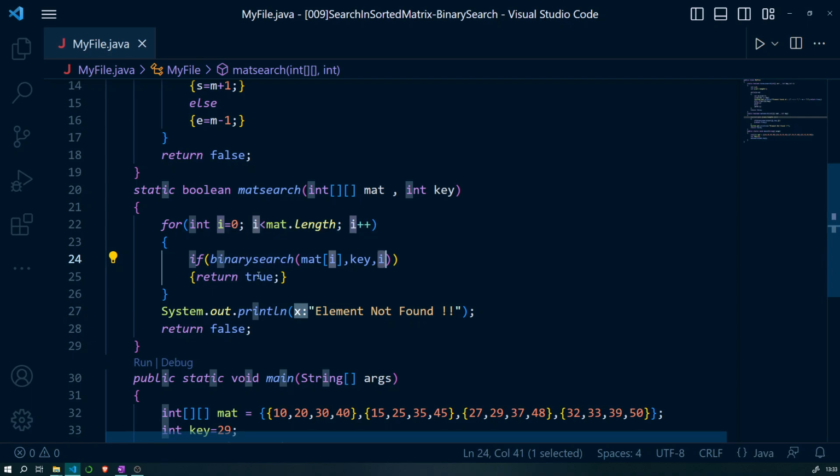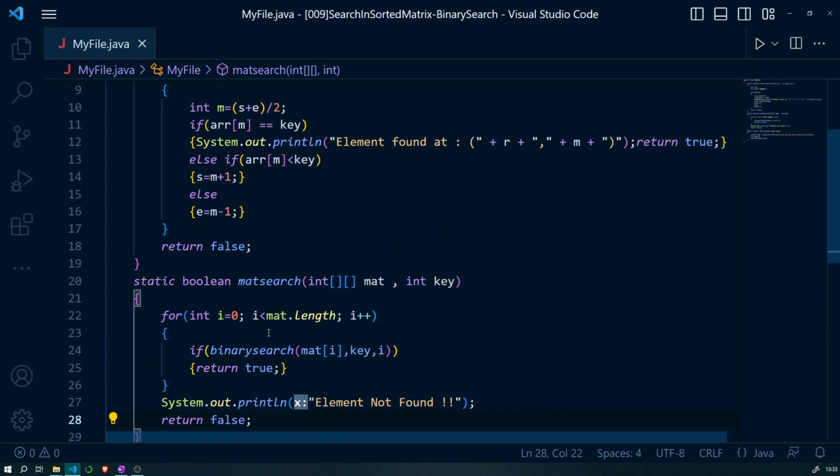If this returns true, then return true. Else, if all the rows have been traversed and at no stage true has been returned, we will simply say element not found and return false.